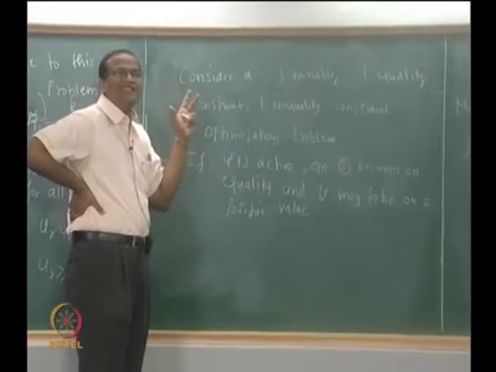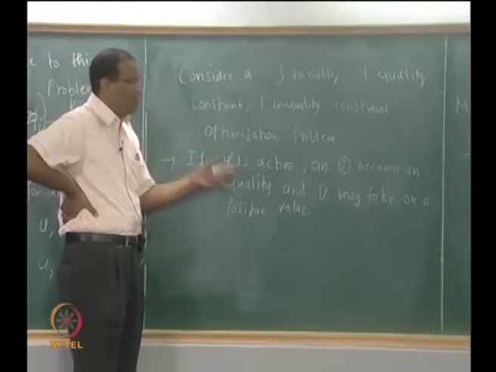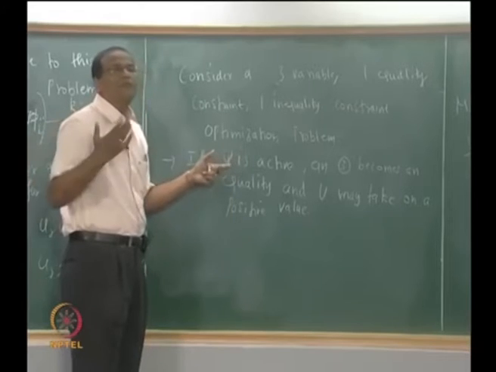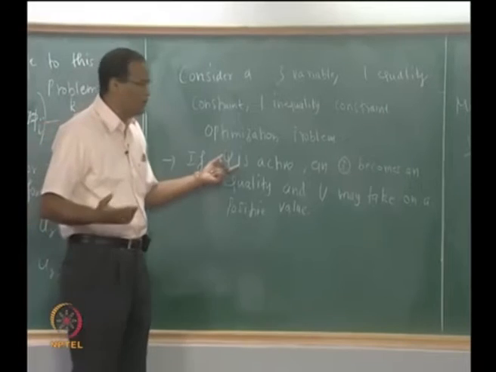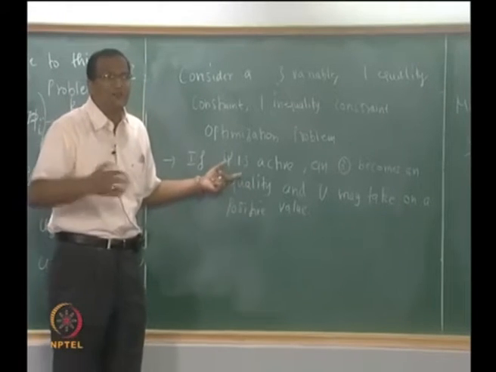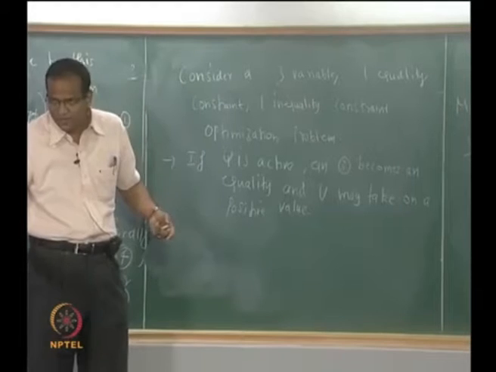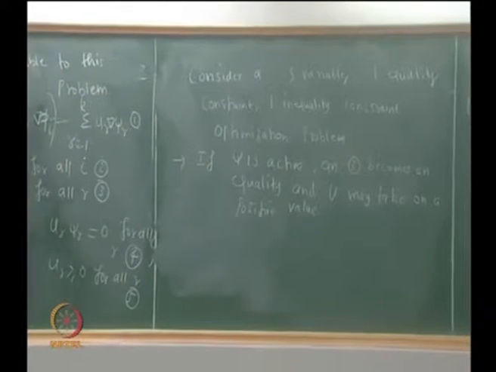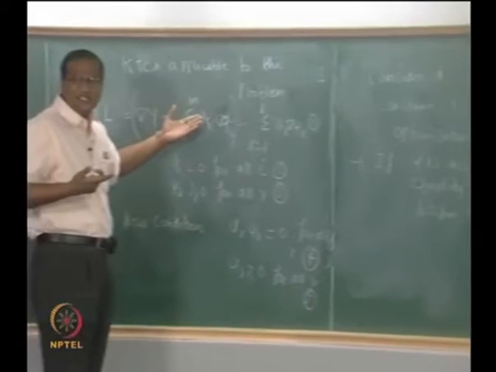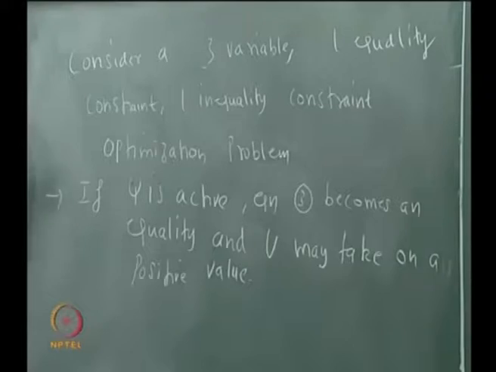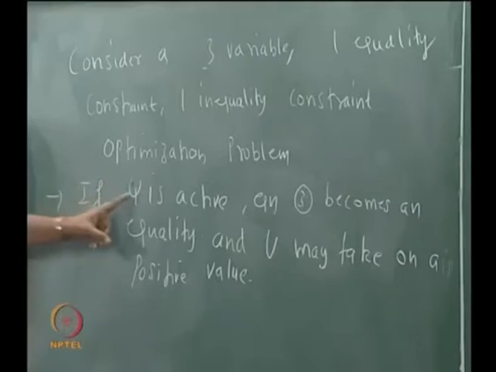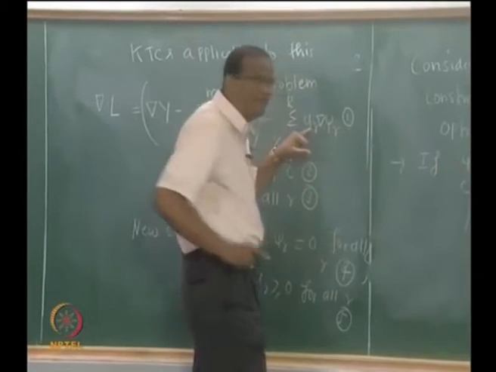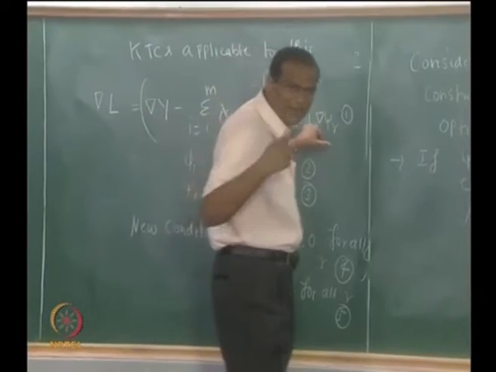The funda behind the KTC is like this. When you start with the solution, if you want to assume that a particular psi is active, you just go ahead and assume that a particular psi is active and treat it. If it's active, you treat the inequality as an equality. Then come out with the complete solution. There may be other equality constraints in the problem, but this inequality is also treated as an equality. So for this psi, you have an appropriate u, which will be u1, u2, u3, whatever. If it is only one psi, let us assume that there is only one psi, you get a value of u at the end of the solution.